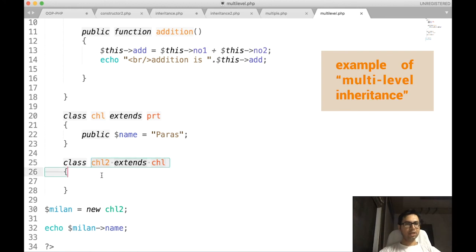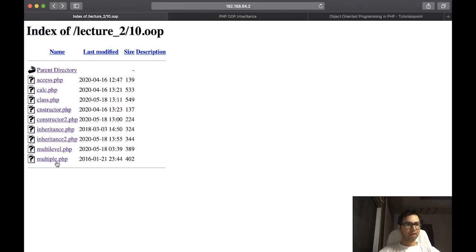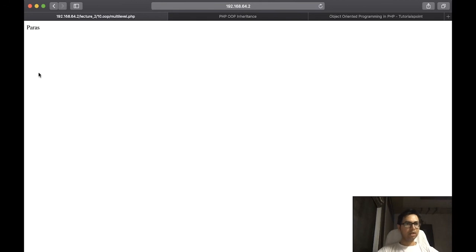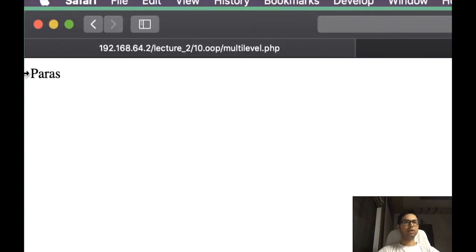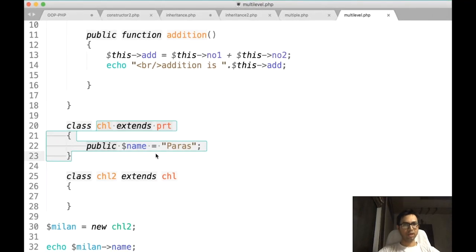In CHL2 we didn't declare anything, and yet we are accessing, by declaring the object of CHL2, the variable of the CHL base class, that is the intermediary class. Now let us see the output for the same, multi-level. Yes, you can see the output printing the value that was passed over here. So that is multi-level inheritance.